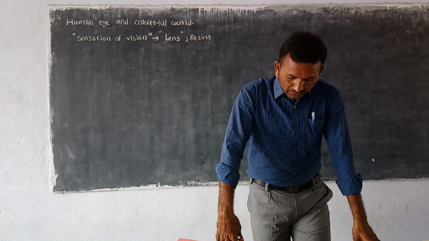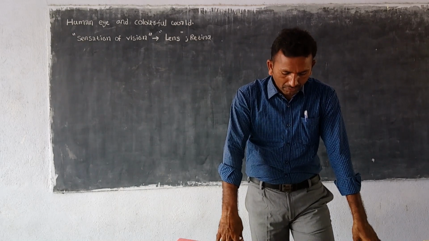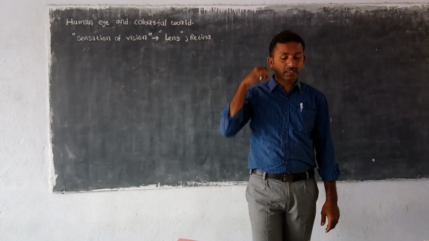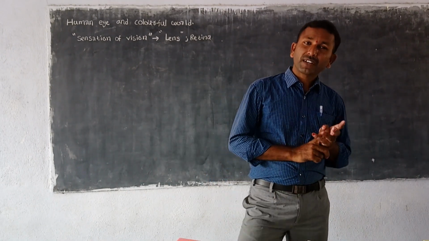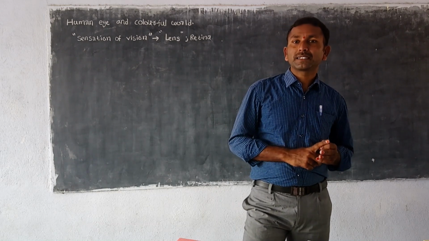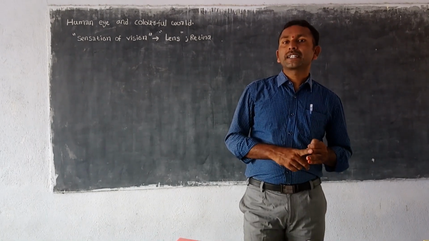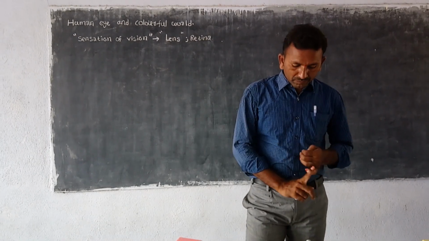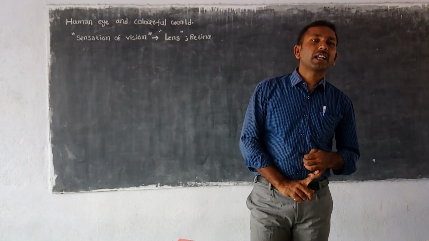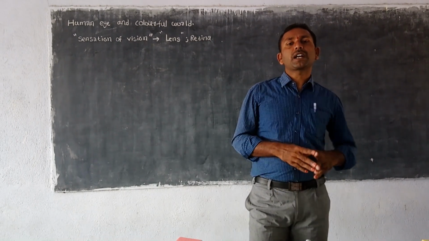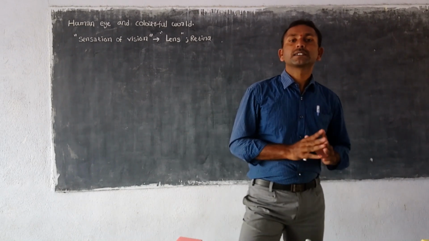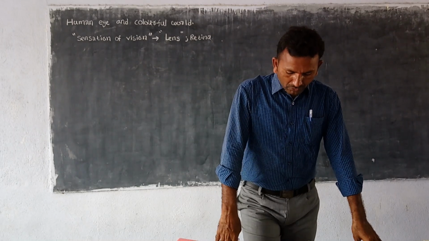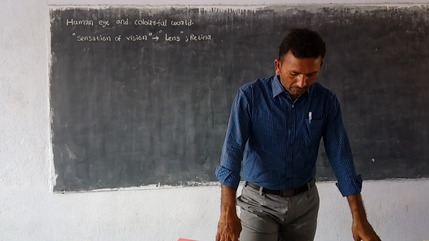To answer these questions, you need to understand the structure and function of the human eye. What are the questions? First, what are the functions in the human eye, and how do the lenses work in the human eye, and how does the retina catch the image for different objects from different positions, and are we able to see all objects in front of our eye? To know the answers, we have to understand the structure of the human eye. Let us do the following activities to know some interesting facts about our vision.